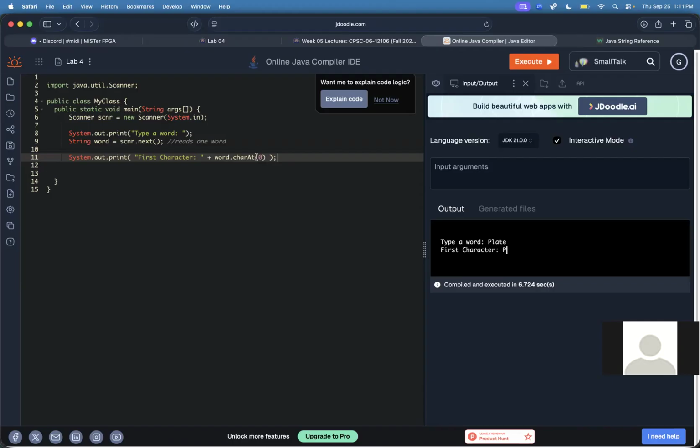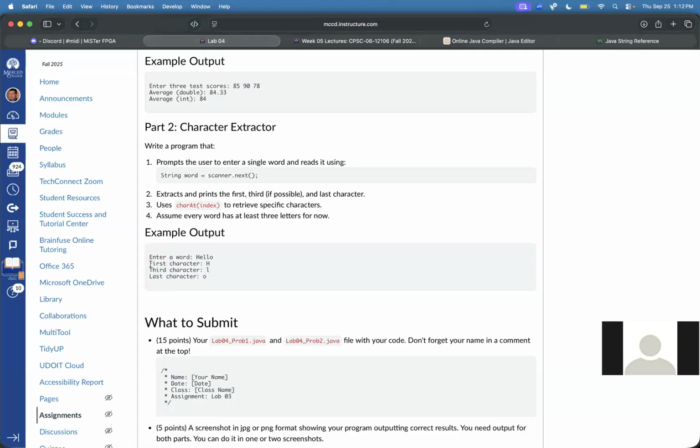And so you just change that number to different numbers to get different letters. So if I were to do this again, the exact same thing, I think it says third character. Is that what it says? It says we should print the first character and then the third character. Yeah. So the third character,